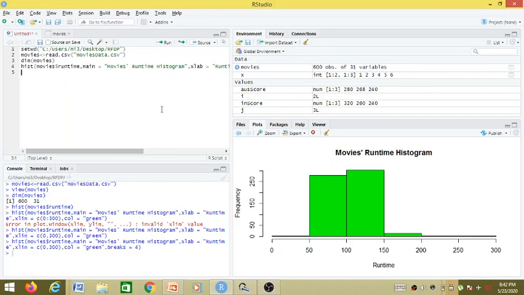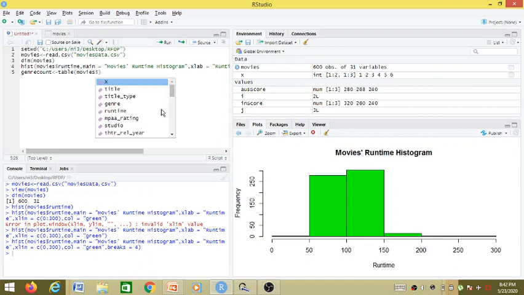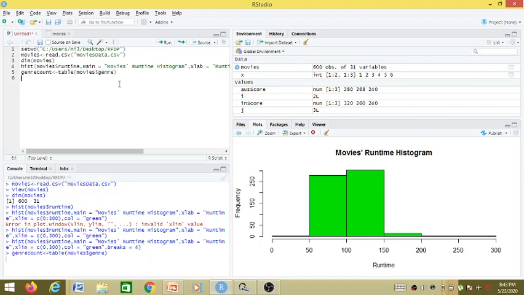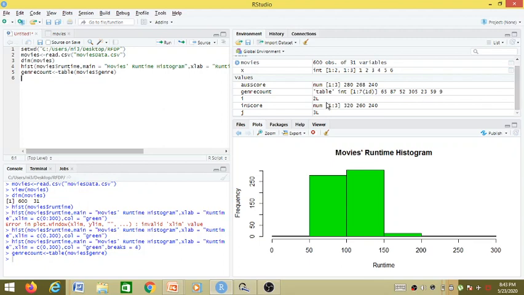Let us do this. Genre count, and we are calling the table function, and to it we are passing movies genre. When we run this, okay, we can see the table has been created. This one, genre count.